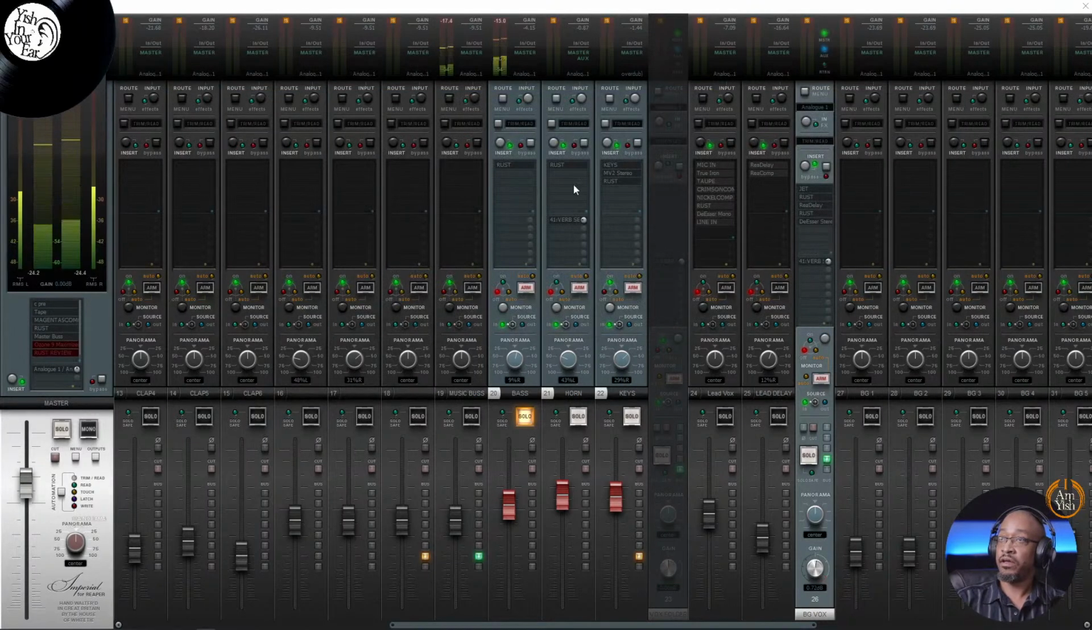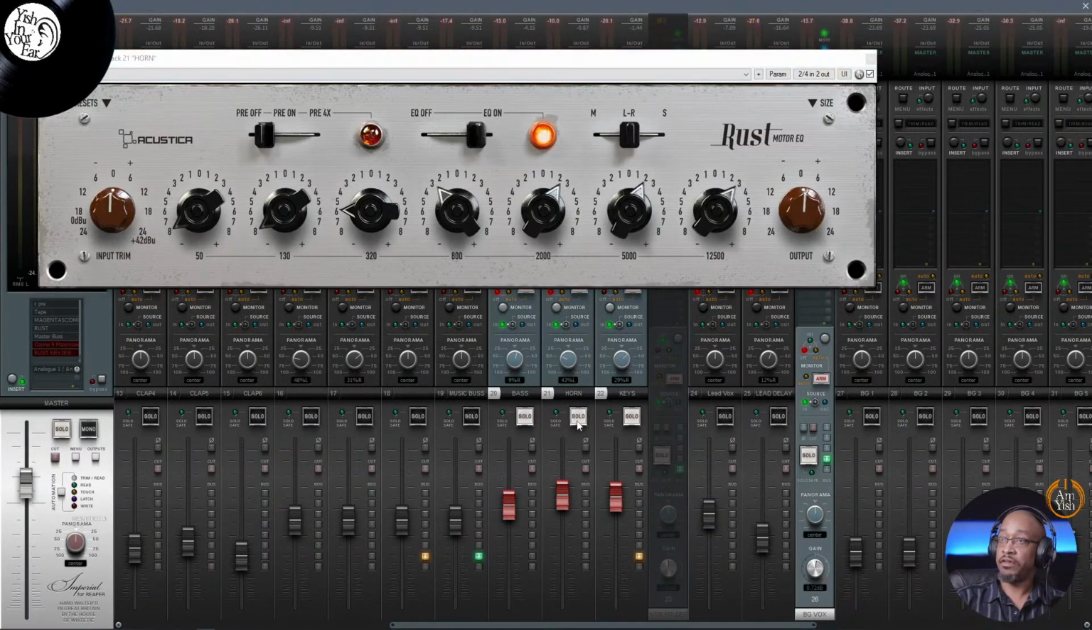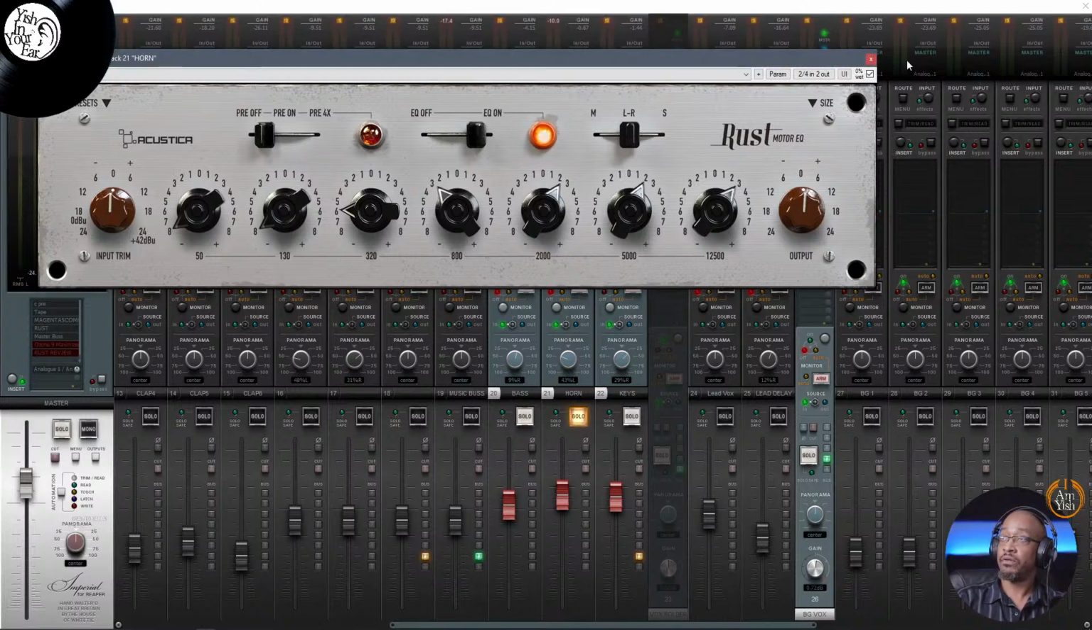All right. And then what we have here is the horn. So this is before. Here's after. So we took out that low. Kind of wanted to accentuate the highs to cut through a little better. All